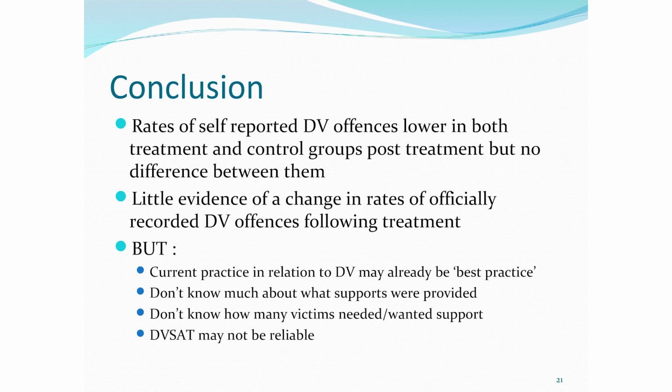In other words, the Domestic Violence Advocacy Service may be doing work that can't be improved on even by the Safer Pathway program. The second big puzzle here is that we don't actually know what the difference was in the treatment or support provided in the DV-CAS groups compared with the Safer Pathway group. So we don't really know whether they were getting the same support or quite different support.